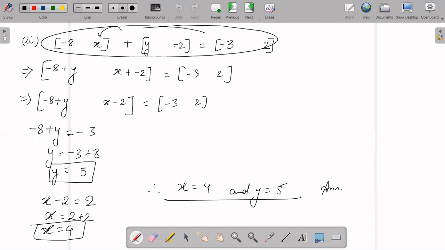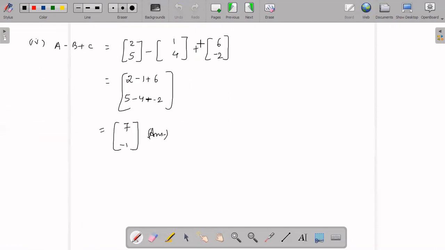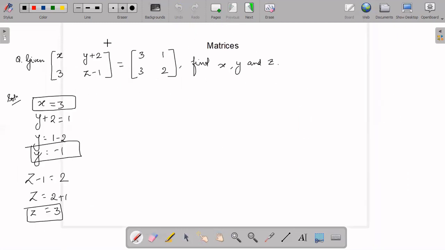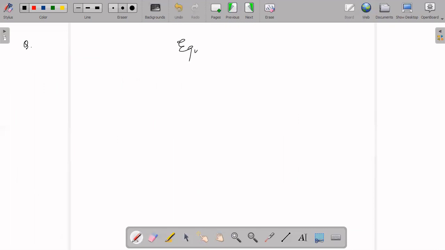नाउ इफ यू सी इक्वेशन वाला जो क्वेश्चन था उसमें हमने एलिमेंट ऑफ अ मैट्रिक्स को निकाला है। ये इक्वेशन दिया हुआ था एंड इक्वेशन में किसी भी एक मैट्रिक्स के एक पर्टिकुलर एलिमेंट को हमने निकाला, या किसी भी दो एलिमेंट्स को भी निकाला जा सकता है, जैसे इस क्वेश्चन में आज हमने किया। इसमें हमने 3 एलिमेंट्स निकाले: x, y और z, तो y प्लस 2 और z माइनस 1 भी पता चल जाएगा। सो हमने इंडिविजुअल एलिमेंट्स ऑफ एन इक्वेशन ऑफ अ मैट्रिक्स निकाला है। इक्वेशन बेस्ड क्वेश्चन में दो तरह का क्वेश्चन आता है कि आप एलिमेंट्स ऑफ अ मैट्रिक्स को निकालो, या तो एक एलिमेंट या फिर मोर देन वन एलिमेंट, जो कि आज हमने किया।